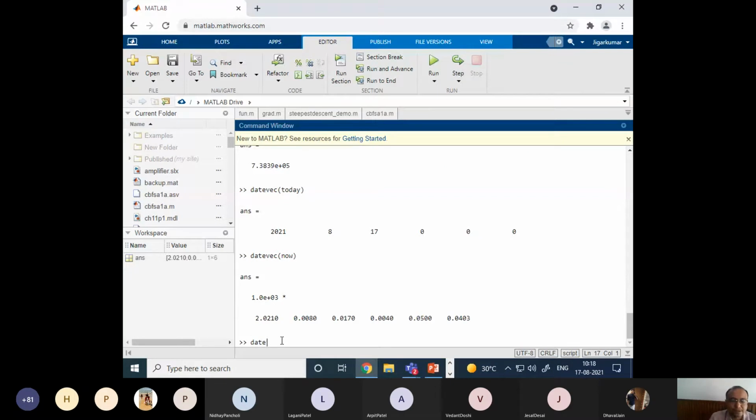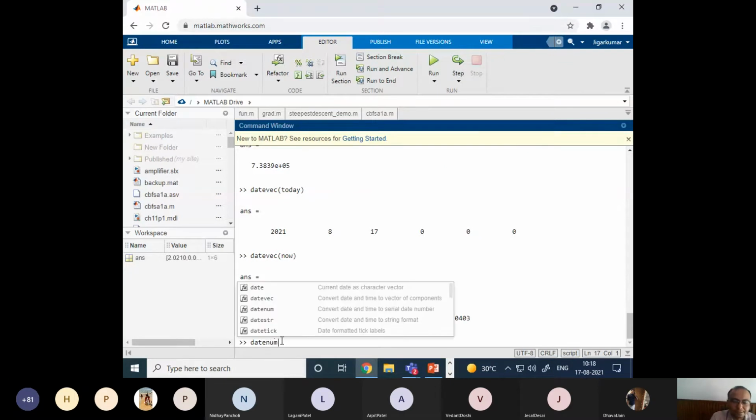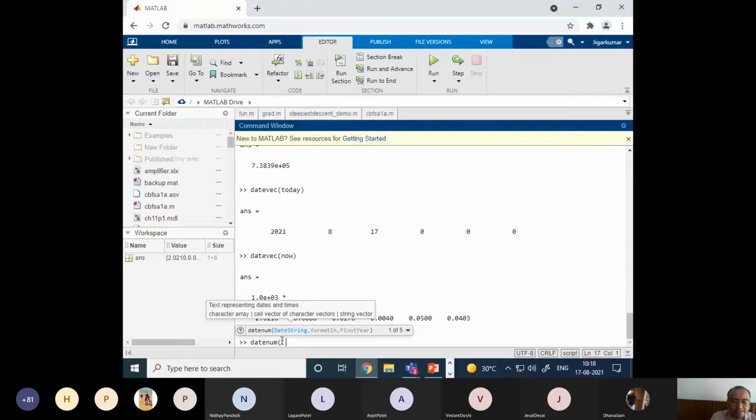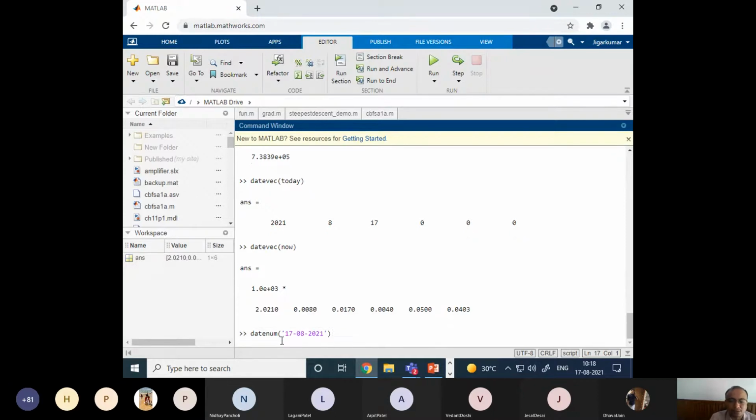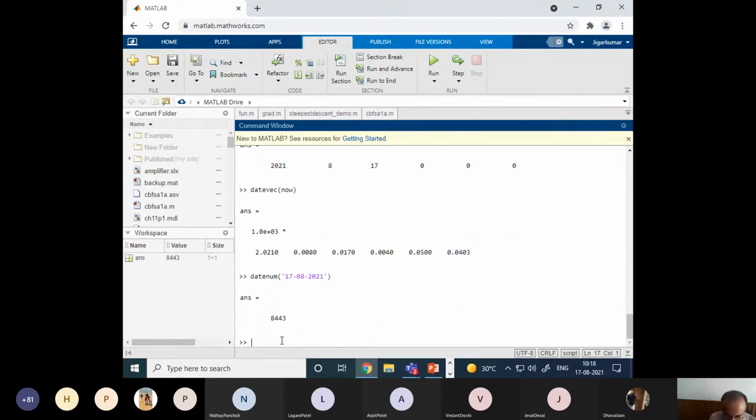Now let me say datenum and I type one string, 17/08/2021 simply. This is a string in single quotes, and let me see. It does not return the correct value. It's not the correct value of this.